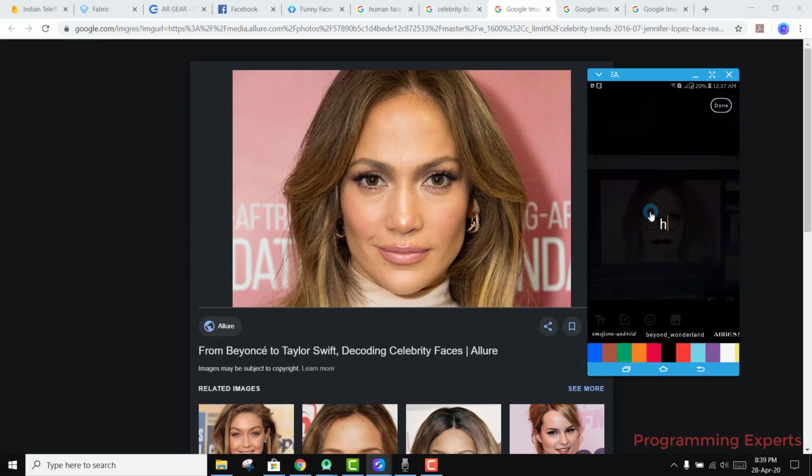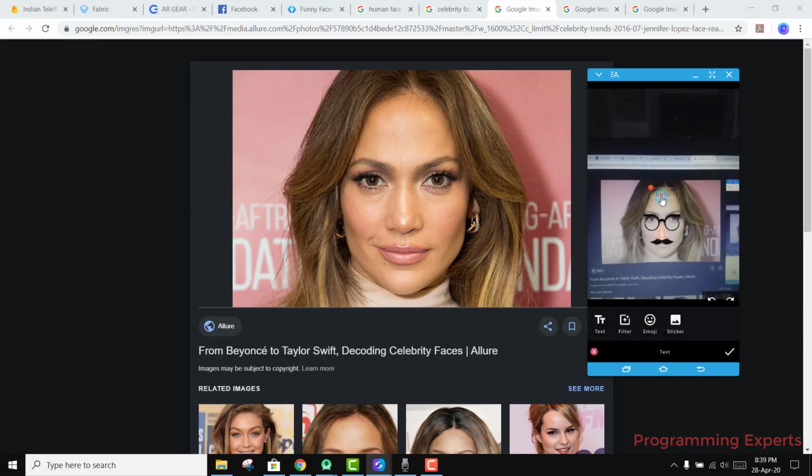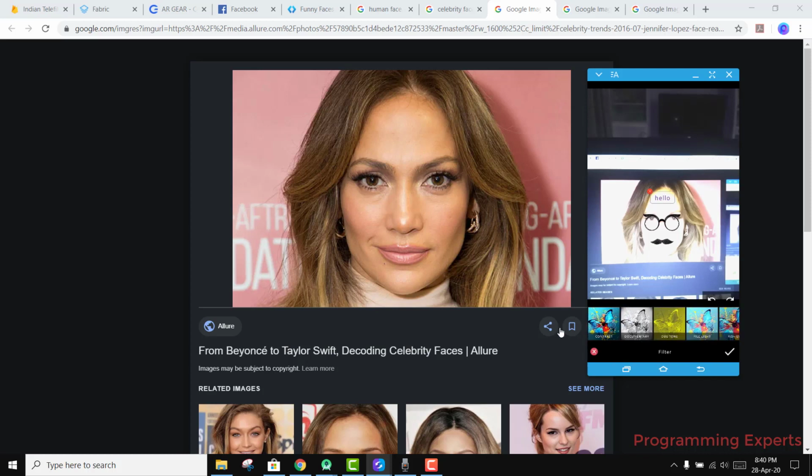So let me write hello, and you can select the font and the color. So let's say we want the purple color, and we have to click on done, and yes, we can apply it to any place of the image. So let me apply it here, and also we have some of the filters. So you can see we can change the filters. All right,